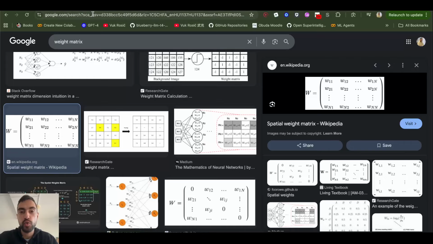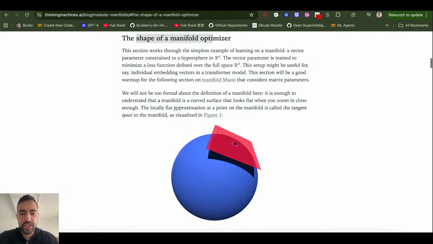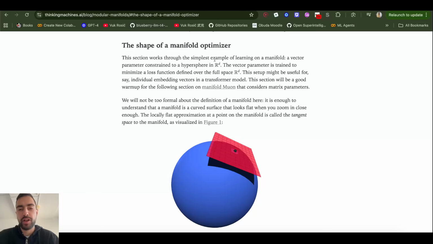But in this new work, we have even more ideas expanding on top of that. First, let's understand on this simple example the idea, the shape of a manifold optimizer. Let's imagine we take some vectors in a neural network. That could be just a vector of weights for a single neuron, or it can be the embedding vector of some token or something. And that is what we are optimizing, what we are changing with backpropagation to make the neural network learn,